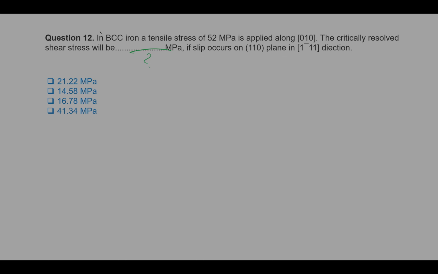First, we know that the critically resolved shear stress, tau CRSS, is equal to